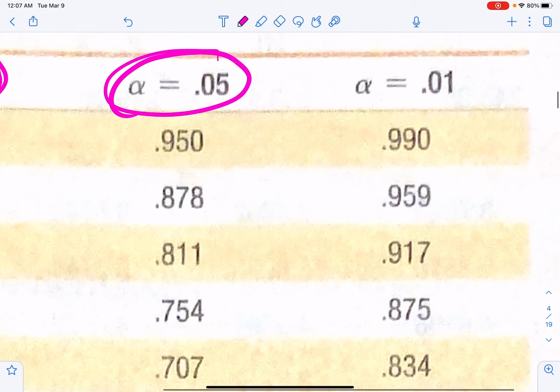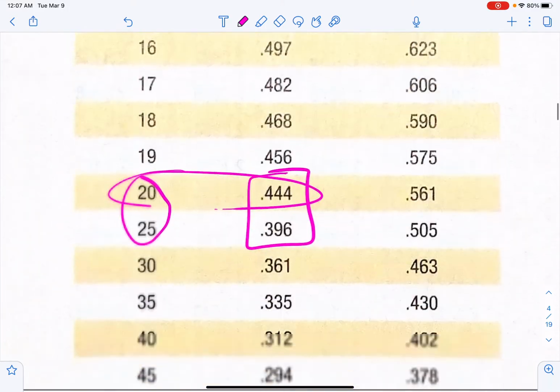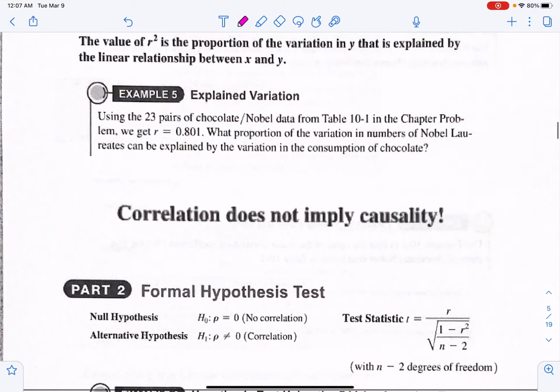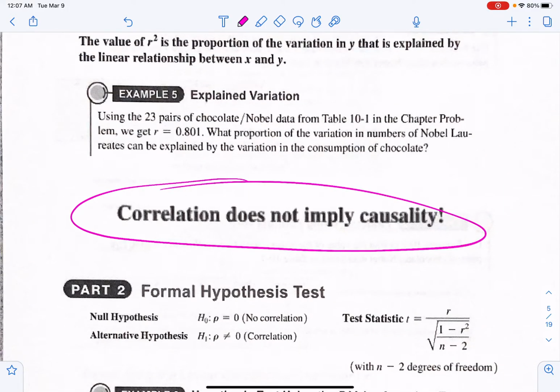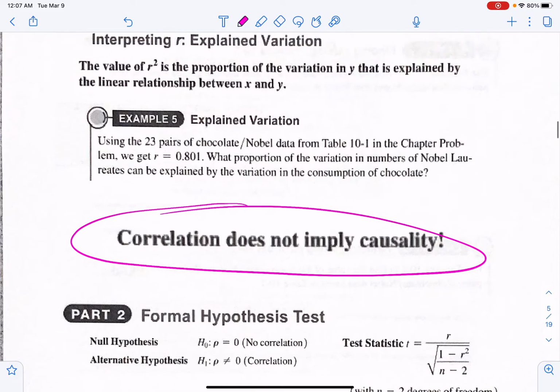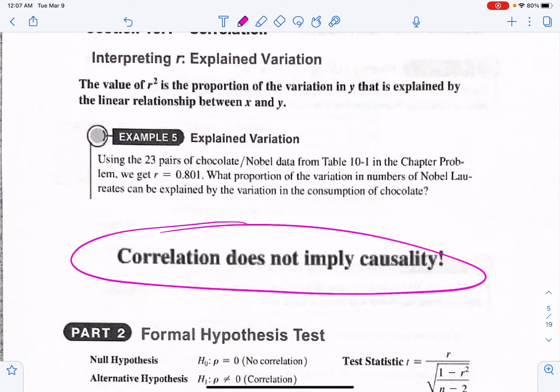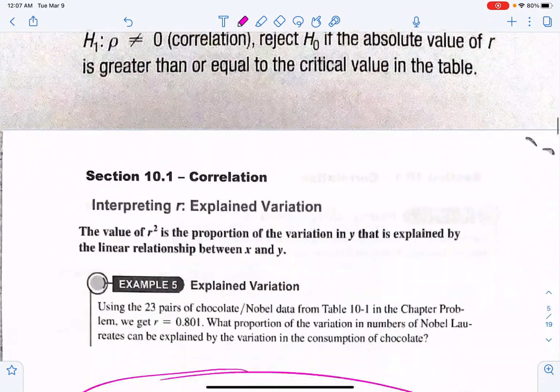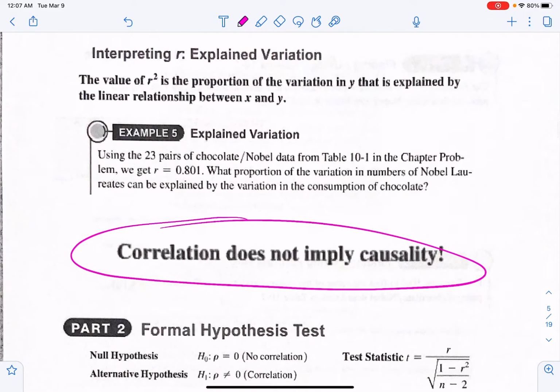Now, that does not necessarily mean, if you go on to the next page, that one causes the other one to happen. So I can't, by consuming as much chocolate as I want to, increase my chances of winning the Nobel Prize. It's just saying that both of those things are correlated. The more chocolate you consume, it just so happens the higher your chance of winning a Nobel Prize is. Okay, let's go to example 5 here,